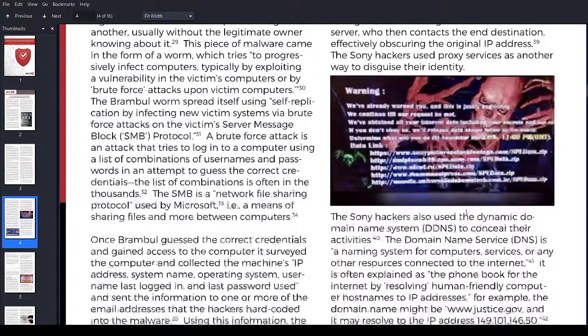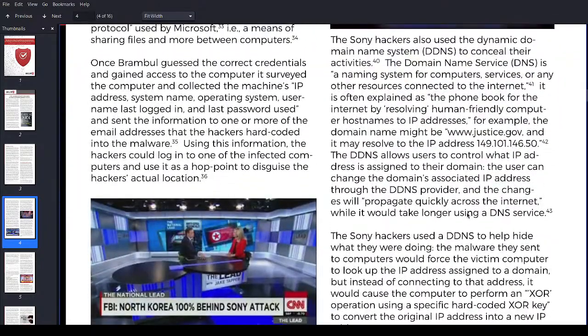So the hackers also use the dynamic domain name system to conceal their activities. The domain name service is a naming system of computers, services, or any other resources connected to the internet. It is often explained as a phone book for the internet by resolving human-friendly computer host names to IP addresses. For example, the domain name might be www.justice.gov, and it resolves.